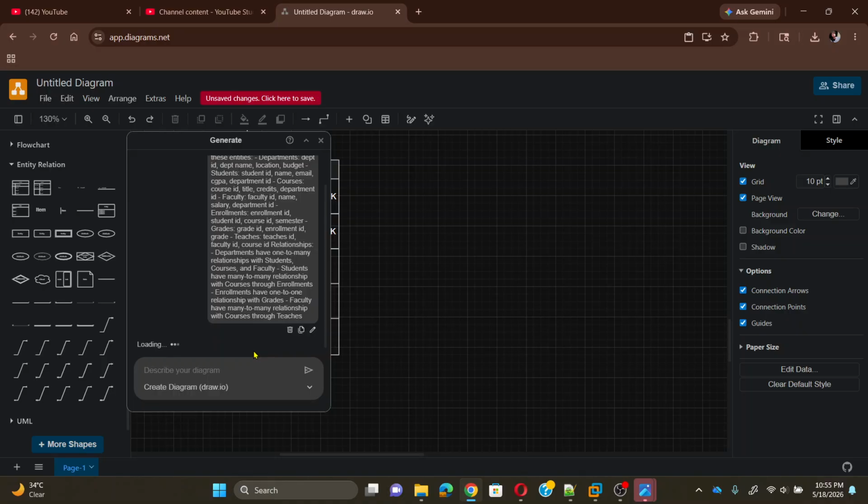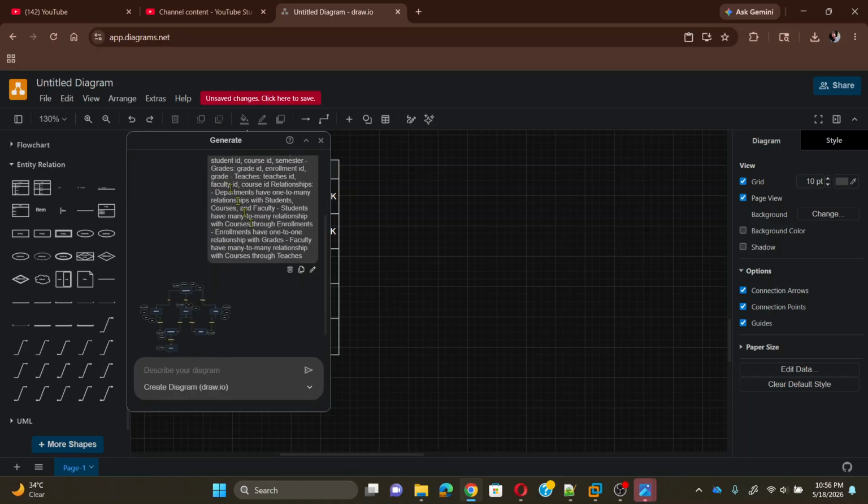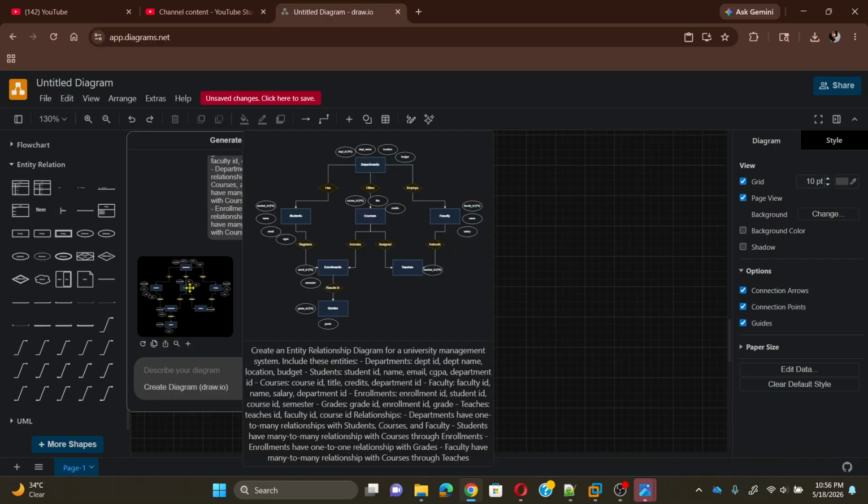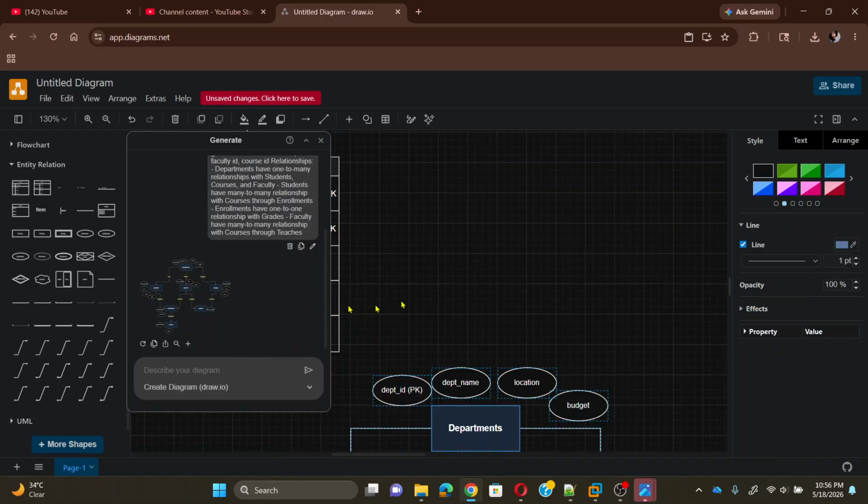So let's just wait for it to get generated. It will take time because it is a bit complicated. So now it has